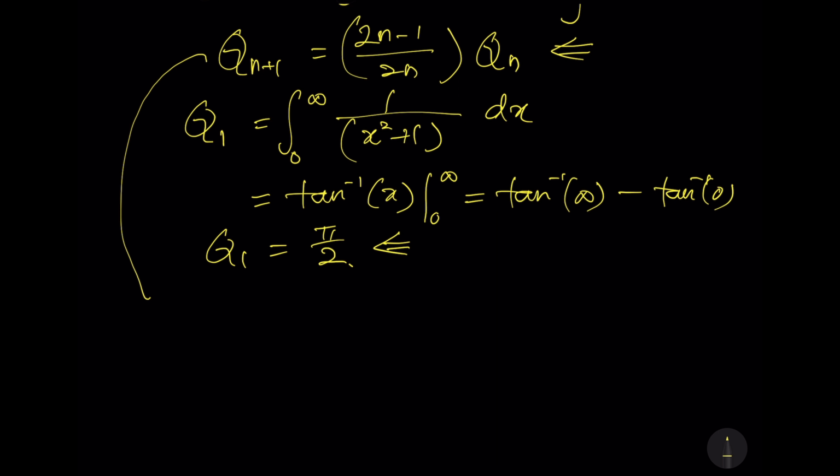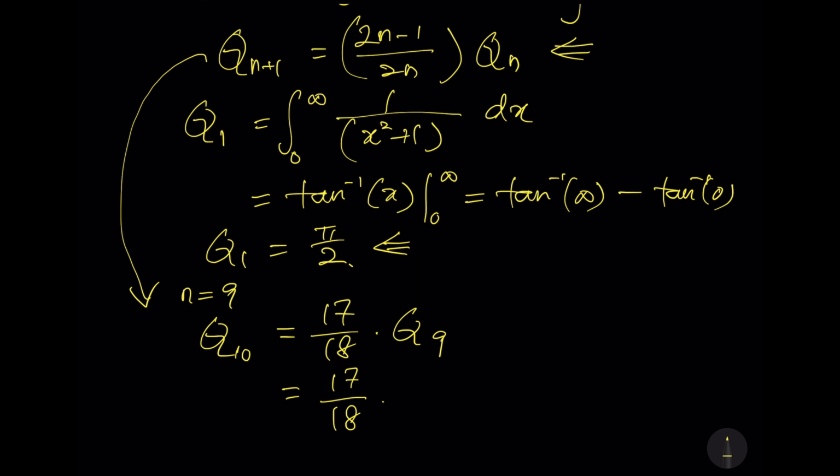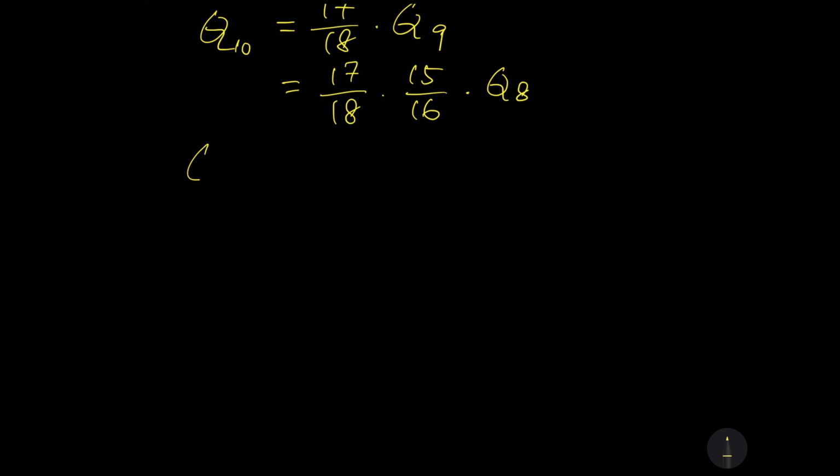Go back to Qn plus 1. In the case that n equals 9, we have Q10, which is the original question, equal to 17 over 18 multiplied by Q9. We can expand Q9 using the same equation, therefore Q10 becomes 17 over 18 multiplied by 15 over 16 and then multiplied by Q8. Keep expanding,